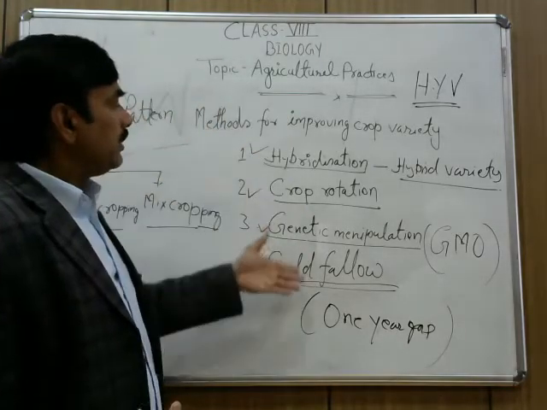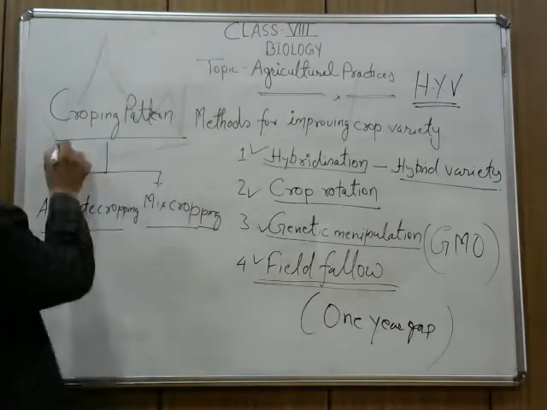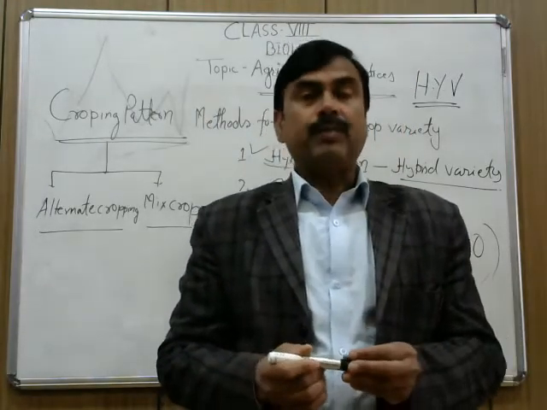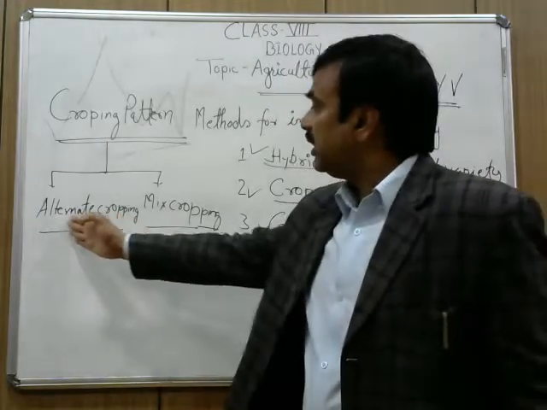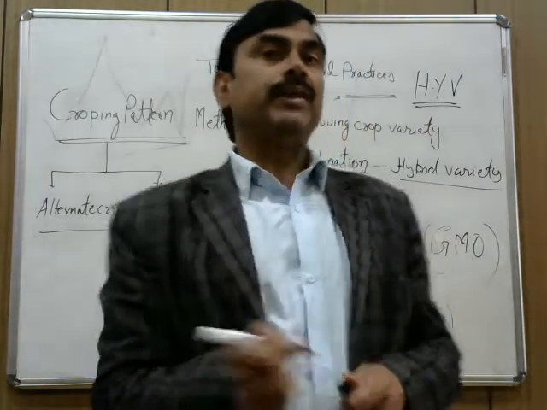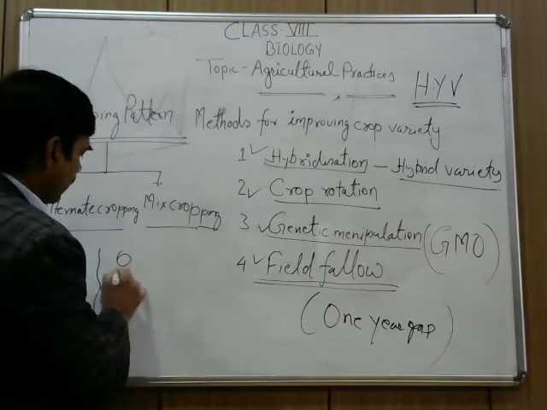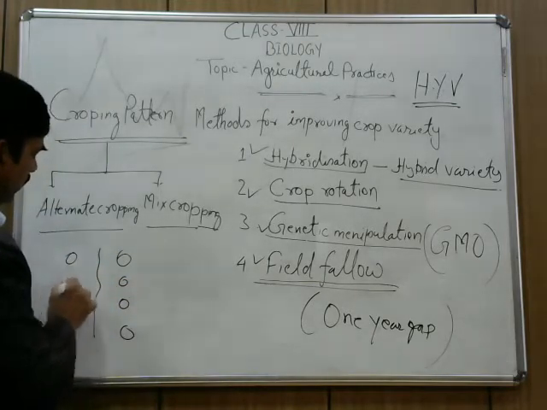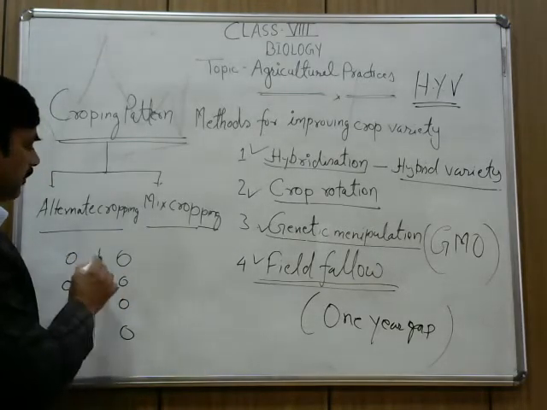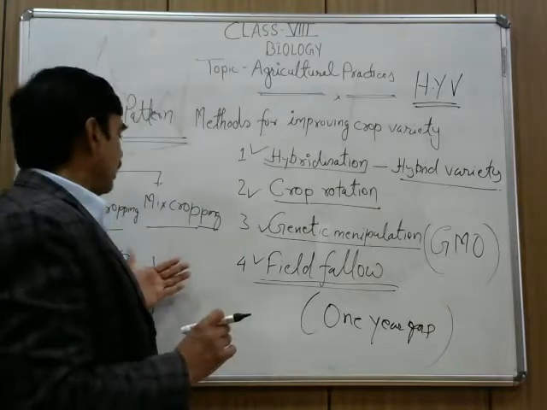Now moving to the next topic, which is a cropping pattern. What pattern do we follow? In the cropping pattern, we follow alternate crop and we follow mixed cropping. Alternate crop means we are growing the crop, one row of wheat, another row of mustard. So mustard, wheat, mustard. When we are following the row pattern, alternate crop, in one field we can